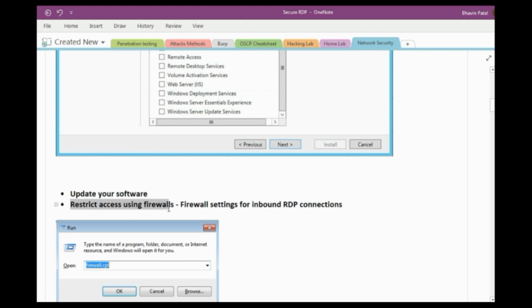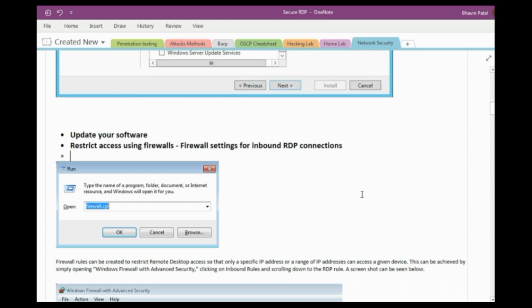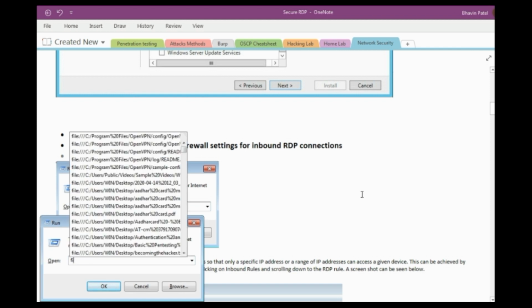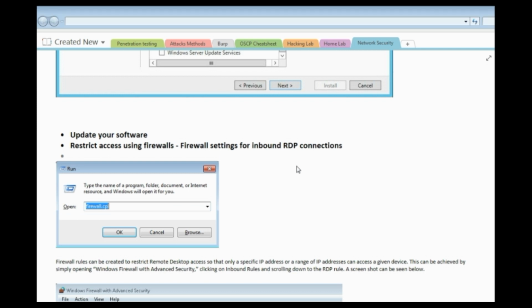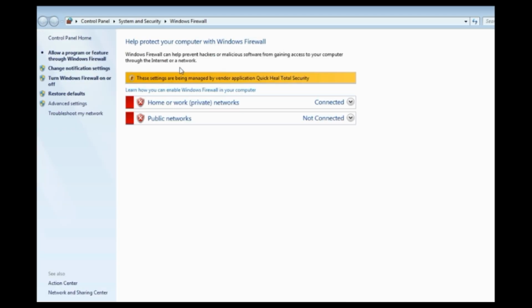Restrict access using firewall settings for inbound connections. So let's go. Advanced settings.